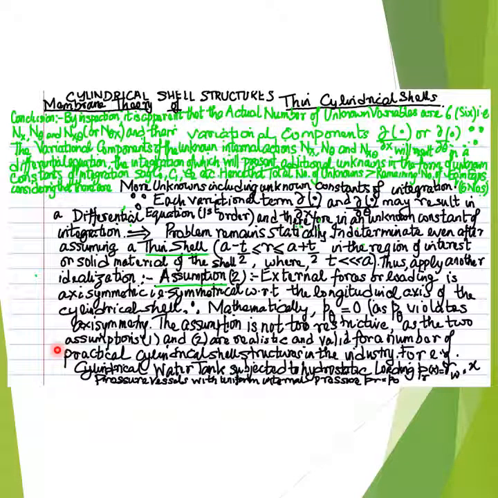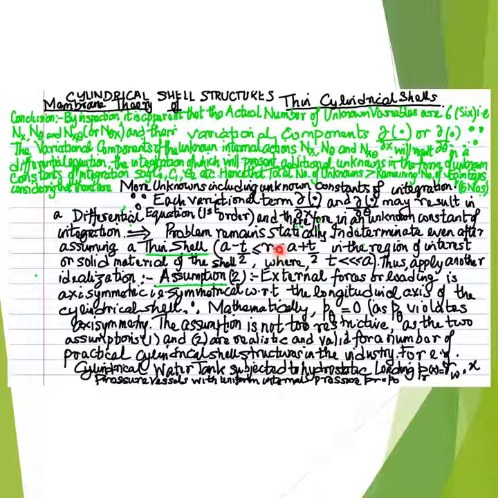To summarize, the simplifying assumptions or simplifying idealizations that we have implemented or applied for the membrane solution of thin cylindrical shells or cylindrical shell structures in general, based on the membrane theory of thin cylindrical shells, may be mathematically represented or mathematically modeled by these two equations, that is, the thin shell assumption can be mathematically depicted by this inequality,